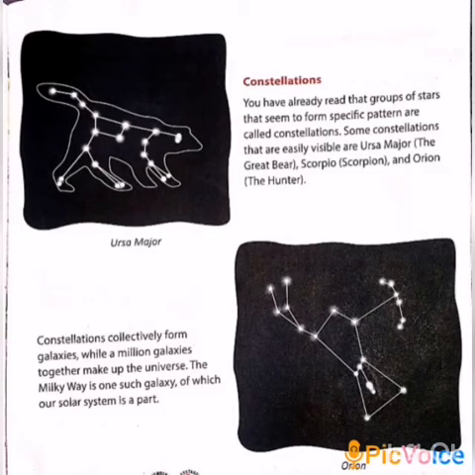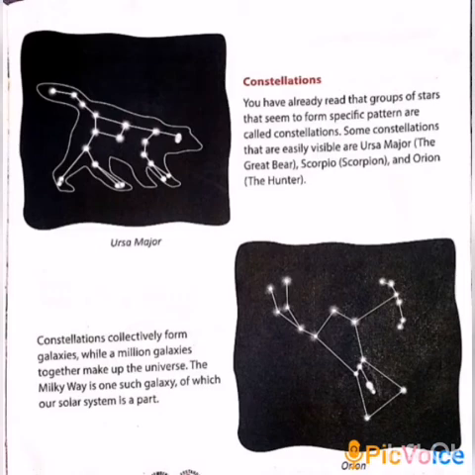In today's class, we learnt about the moon and satellites. An object that revolves around a planet in an orbit is called a satellite. The moon is the natural satellite of the earth. Then stars. Stars are very huge, but because they are so far away from the earth, we see small stars. They have heat and light. Next, constellations. A group of stars that seem to form a specific pattern are called constellations.